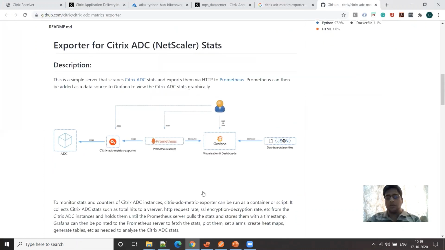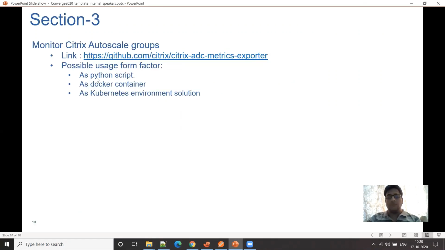This GitHub project, which is our monitoring solution, can be used in multiple form factors. It can be a standalone Python script, a Docker container, or a Kubernetes environment solution. Since we deploy multiple AutoScale groups in our pipeline, we are using the monitoring solution in the form of the Kubernetes-available solution.